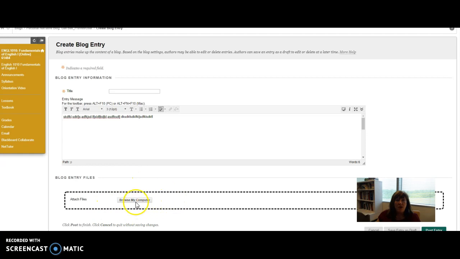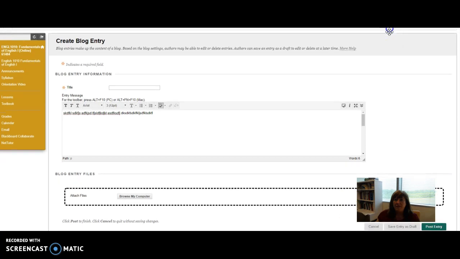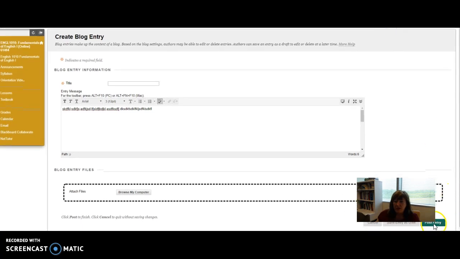You can actually attach your blog, because I know a lot of us rely on the spell check feature in Microsoft Word. It will also frequently identify technical errors. So if you want to type it first and then attach it, you may do that as well. Then you'll notice here in the bottom corner, it asks you to post your entry. So make sure to select Post Your Entry when you're finished with it. Now, you do have the option of beginning it and then coming back to it later. So if you wanted to come back to it and make changes, you want to select this option, Save Entry as Draft. Then you can return to it at some point.